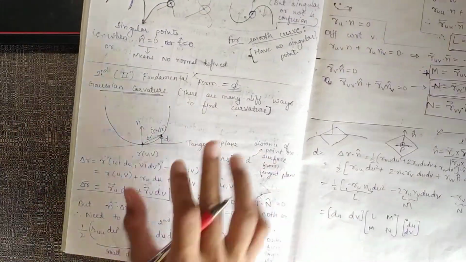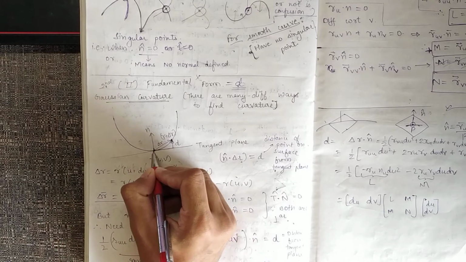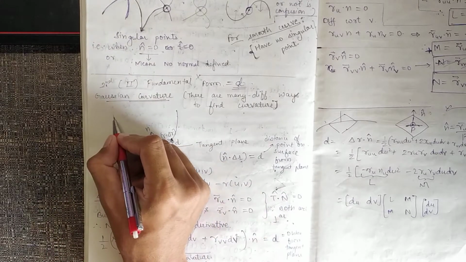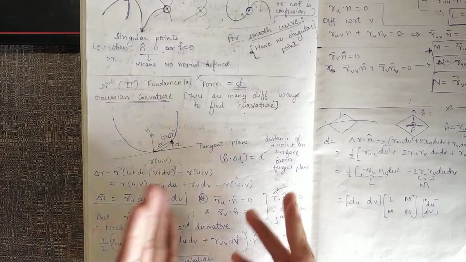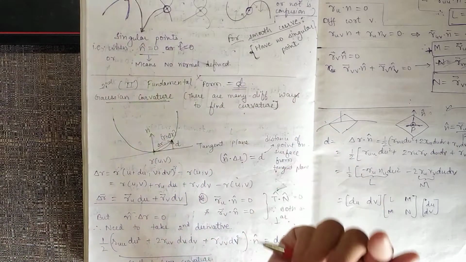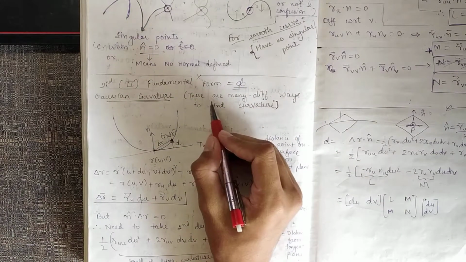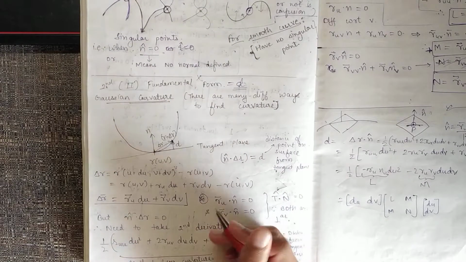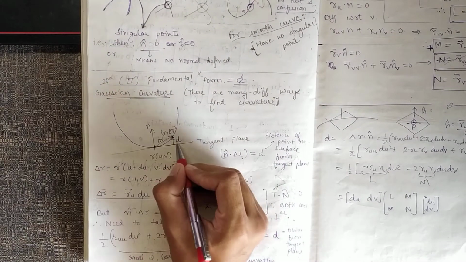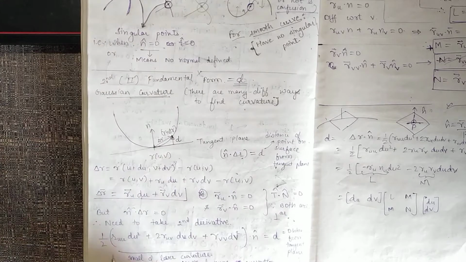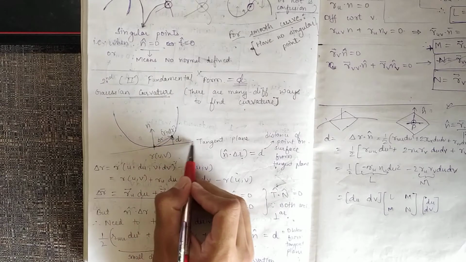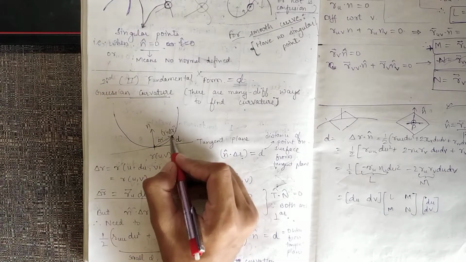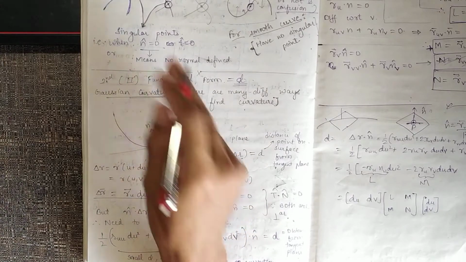Now the curvature thing is coming. So this is the curvature of the surface. When we have some tangent plane, and let's say we have a surface, we are relating curvature with the distance away from the tangent plane. There are many different ways we can find curvature; this is one of the ways we are going to define it. So this distance d is our area of interest, and that is the distance of a point on the surface from the tangent plane, right?